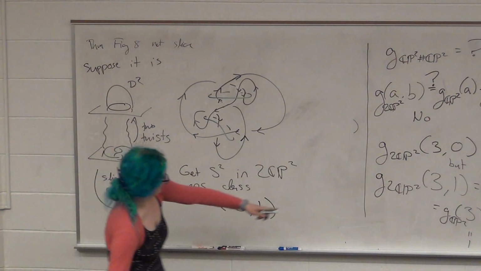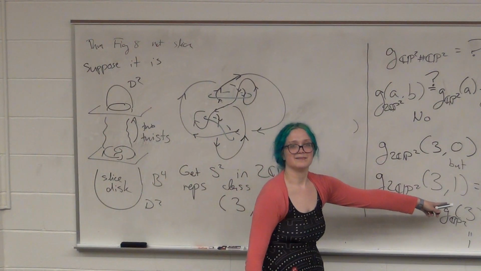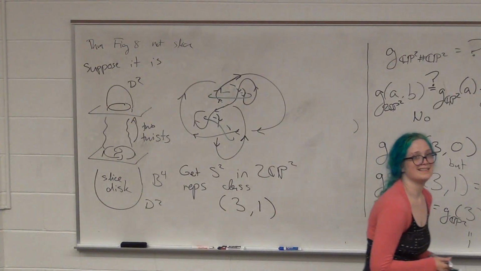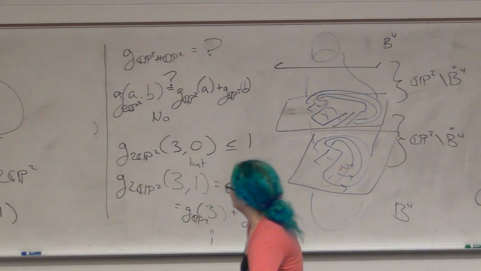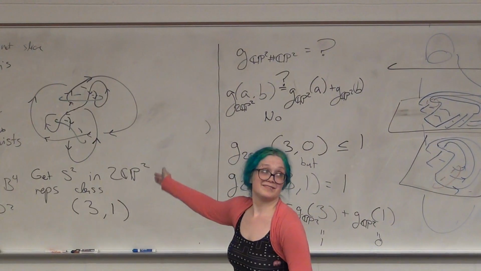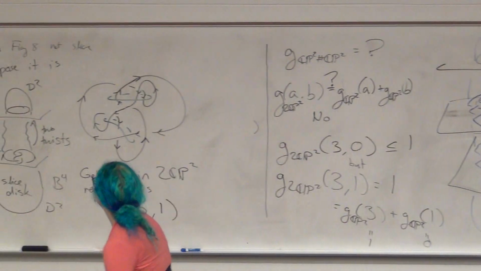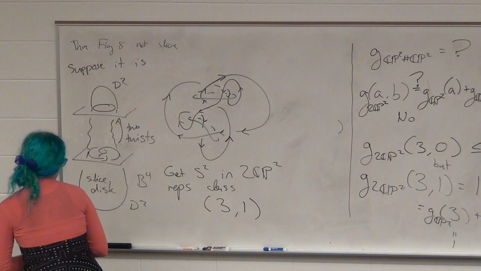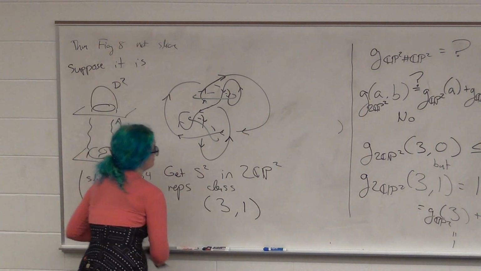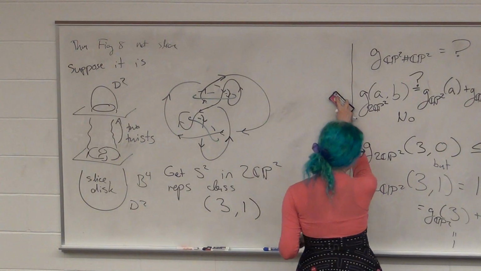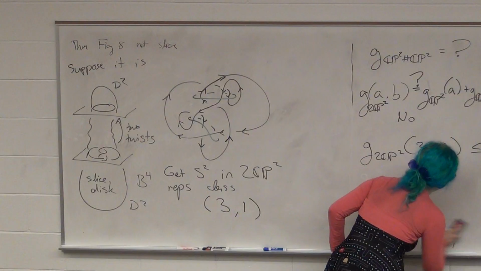But there is not a 2-sphere that represents the homology class 1. So that's a contradiction, so the figure 8 knot isn't slice. And you only have to know Rokhlin's theorem. So it's not a very good proof, but I think it's very funny. And the reason that this is interesting is even though this isn't a very good proof, we used the exact same strategy in a paper to prove